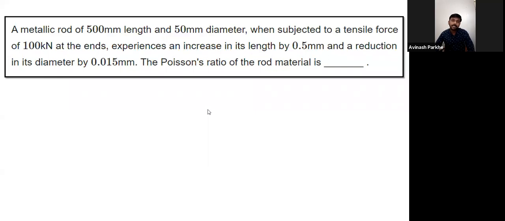But if we avoid that expansion, the body is totally constrained. That means in any direction, there is no expansion. Then we can say that there is no thermal deformation, but thermal stresses are developed in that particular body. So like that, some basic problems we have solved in the previous lecture.